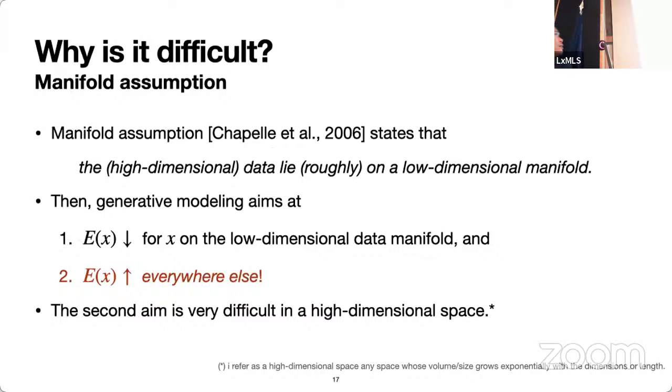So then let's just think about why it's so difficult. The manifold assumption tells us that high dimensional data lie roughly on a low dimensional manifold. And then there is a blessing that allows us to build this gigantic neural net on a gigantic space without too much of an issue these days. But when we try to fit a generative model, this becomes a curse.